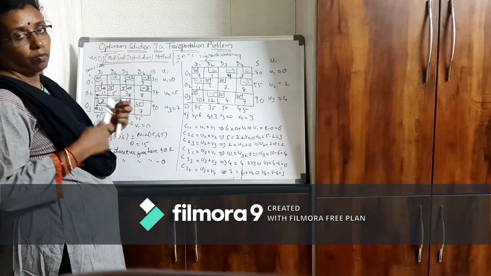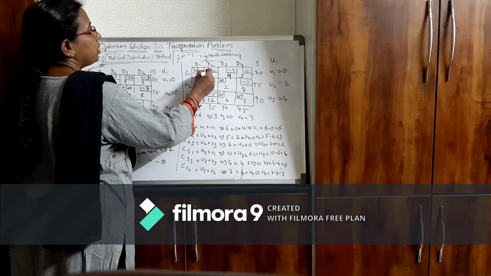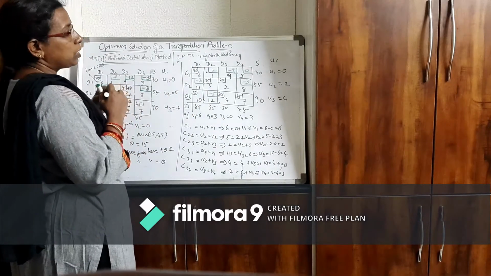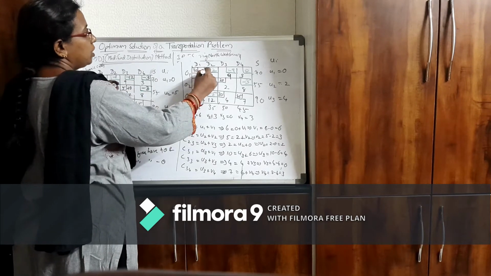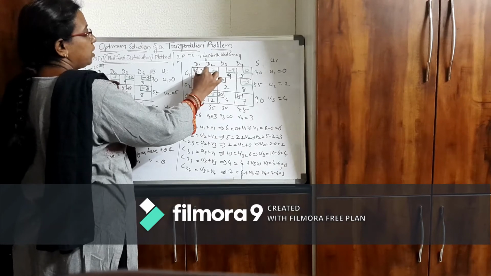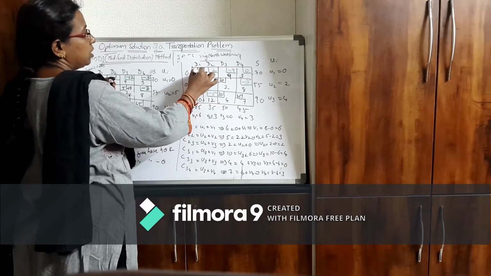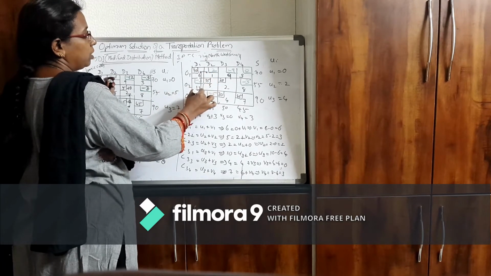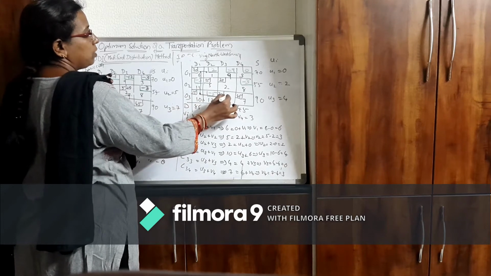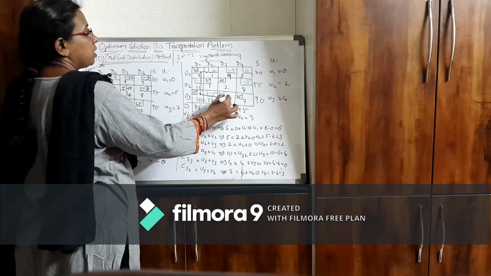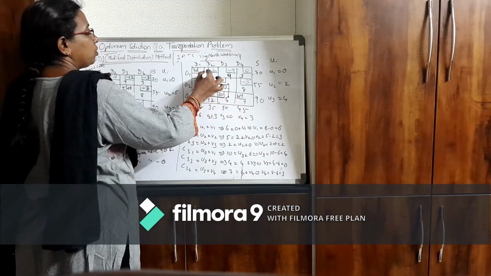So again you are getting one positive value, so again you have to form a loop. You have to form a loop starting from this, such that it passes through the nearest basic cell. So which is the nearest basic cell here to this? The nearest basic cell here is this one. From here it should go to the next basic cell, which is here. So it will come down and stop here. From here the next basic cell is this one, so it will stop here. The next basic cell is this one. From here it will turn to this, and from here it will come back to the starting point.